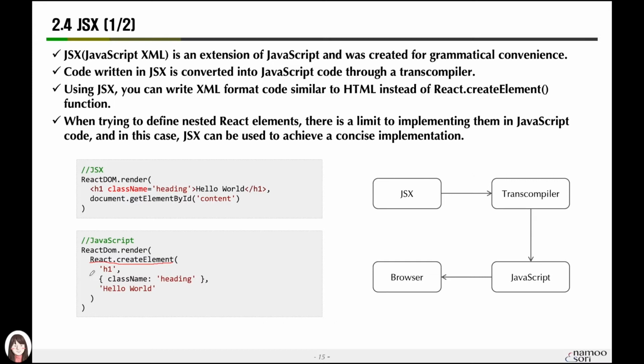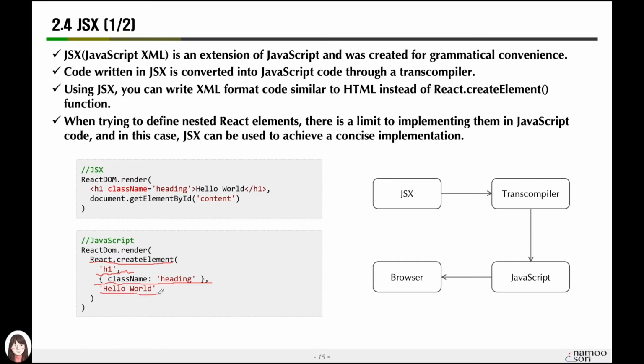But once again, this method called createElement has three parameters. The first parameter is the type, and the second one, the property, is called props. And last but not least, the third one is what we call children.